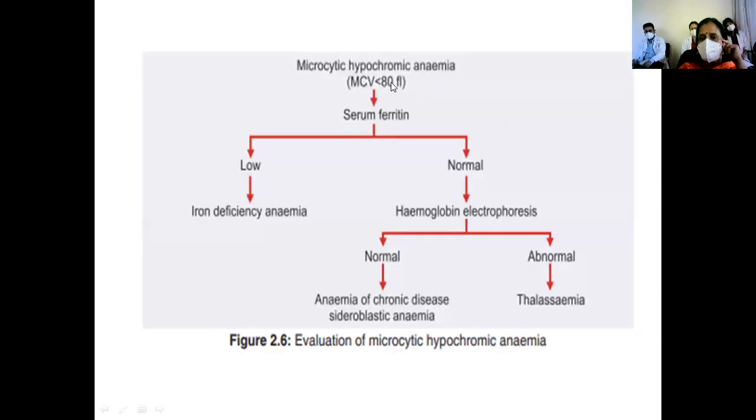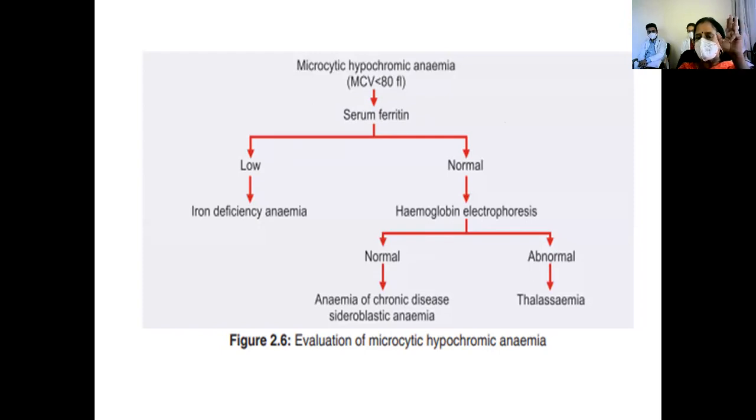Okay. So microcytic anemia, I'm just summarizing. MCV is less. Peripheral smear we have seen, microcytic cells. Among the ferrokinetic estimates, I've taken only one here, serum ferritin. If it is low, yes, iron deficiency. If normal, then it could be other causes. What we were talking about, microcytosis, were thalassemia, sideroblastic anemia, anemia of chronic disease.